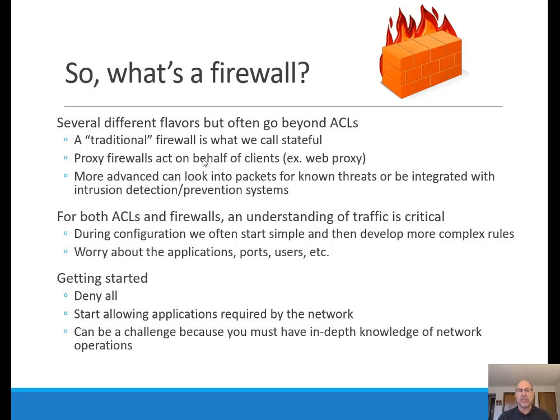Now, when we start actually applying things, sometimes we start with a deny all or a permit all, depending on your approach and depending on whether or not you're sandboxing something or whether or not you're actually running it in production. Usually you wouldn't want to start configuring a firewall while it's in production. But then you develop your list of applications and then you start permitting all of those through. But then, of course, you have to have an in-depth understanding of the network operations. A router or a firewall appliance placed in a particular location in the network has impact on the traffic around it, right? But if you place that router someplace else, the firewall rules are probably going to have to change. So be aware of that.